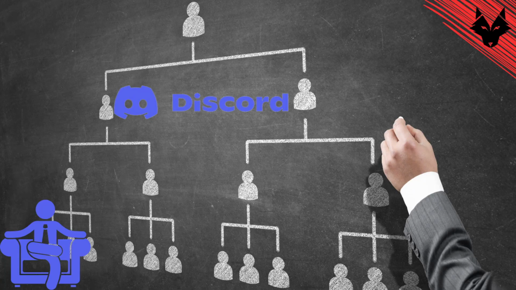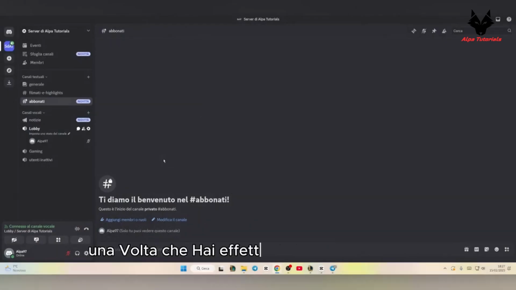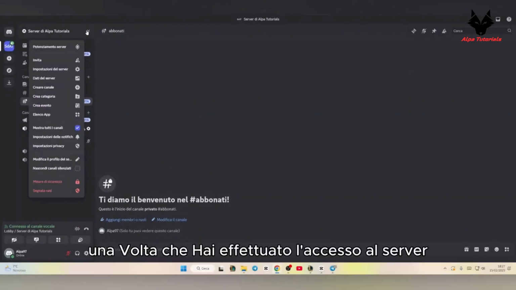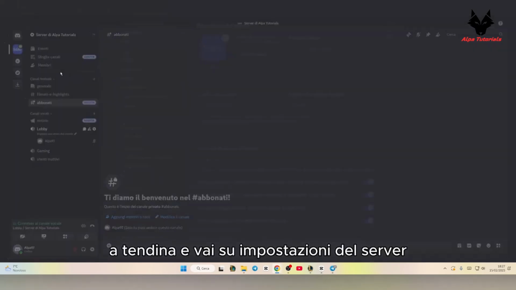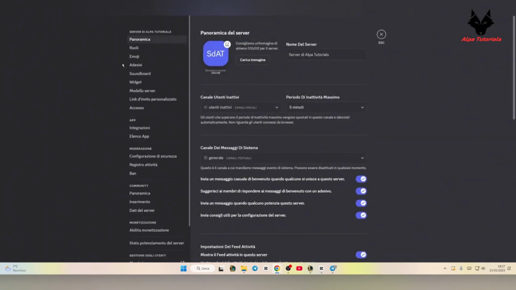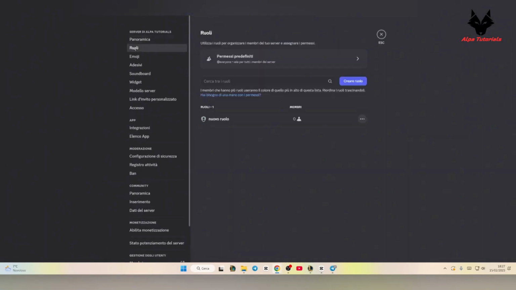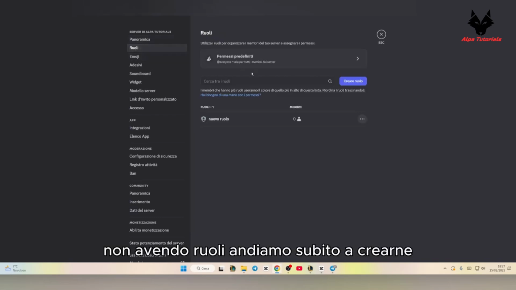How to add roles on a Discord server. Once you have logged into the server, here at the top open the drop-down menu and go to Server Settings. Now go to Roles. Since we do not have any active roles, let's immediately create one by clicking on Create